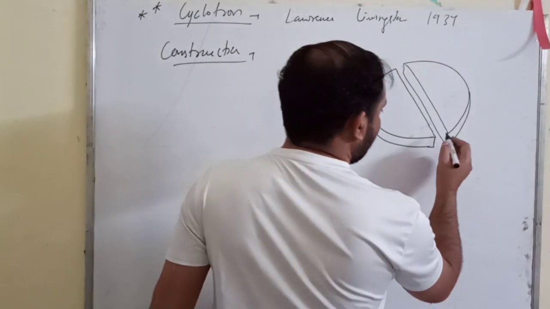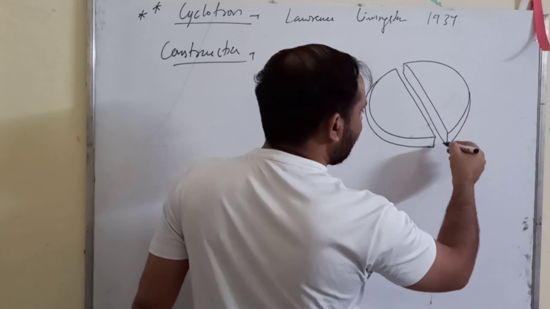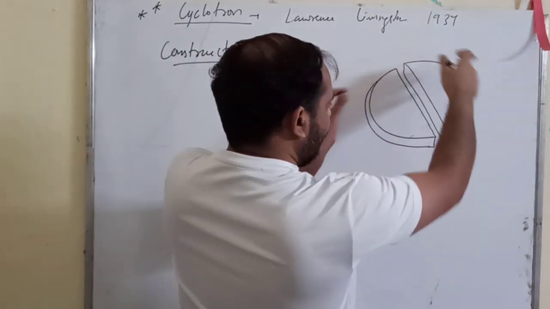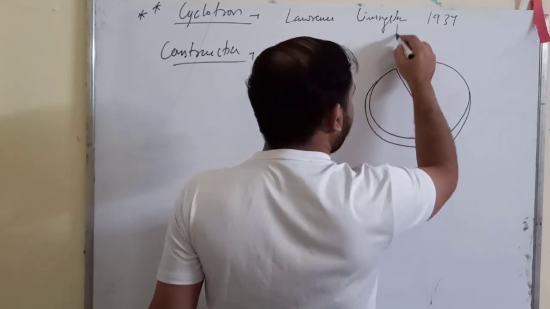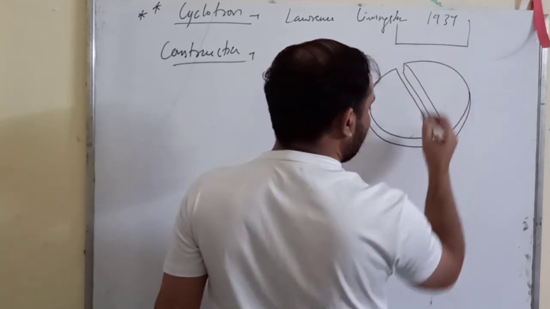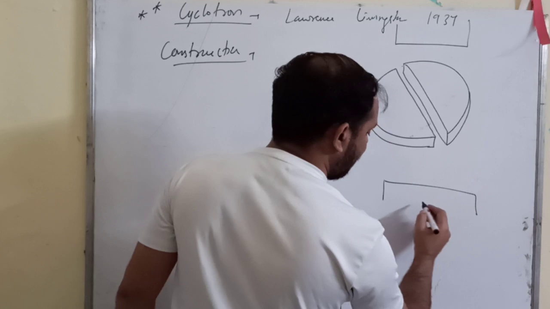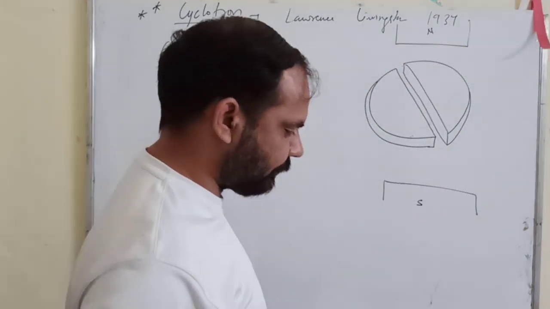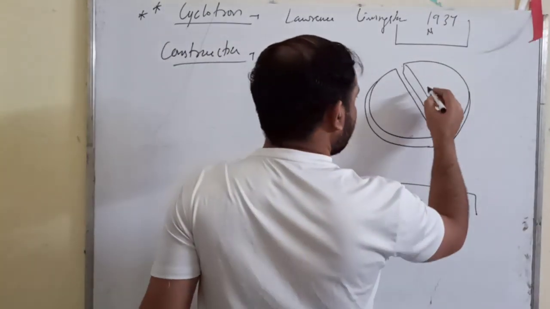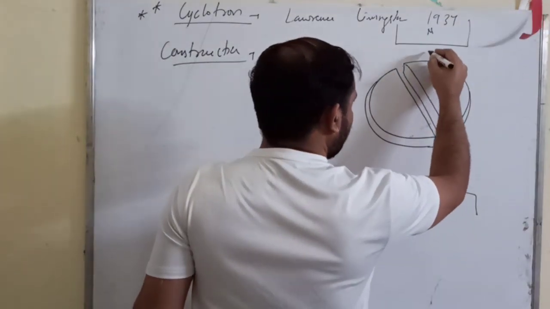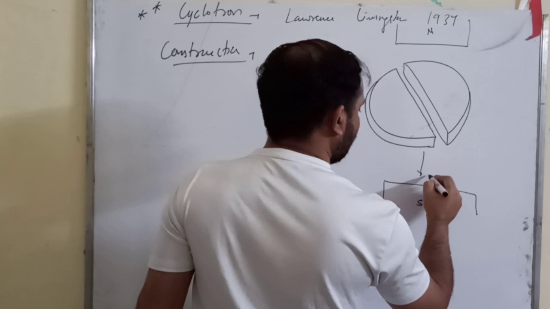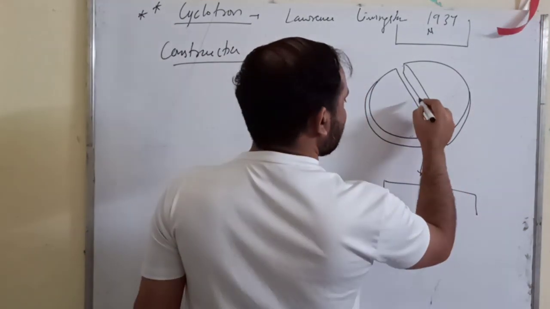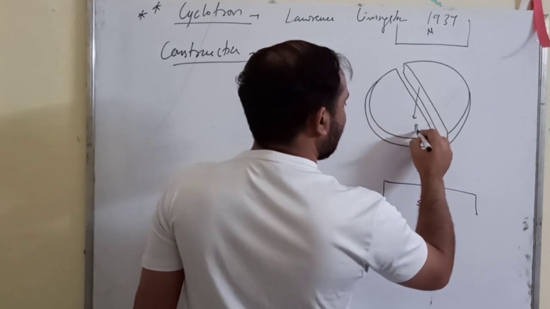They have a small gap in between them, and this arrangement is placed inside a strong magnetic field, south and north. The direction of the magnetic field is downwards. This is the magnetic field. At any point, suppose this is the center, here the direction of the magnetic field